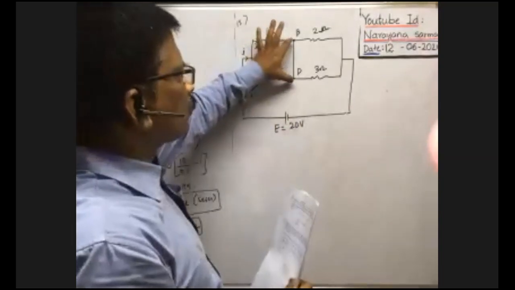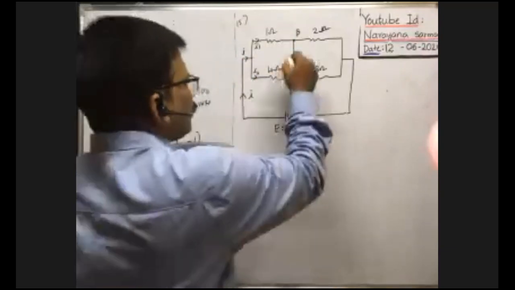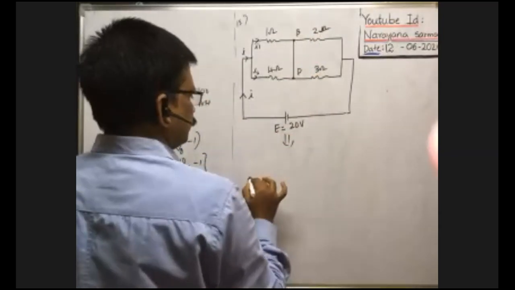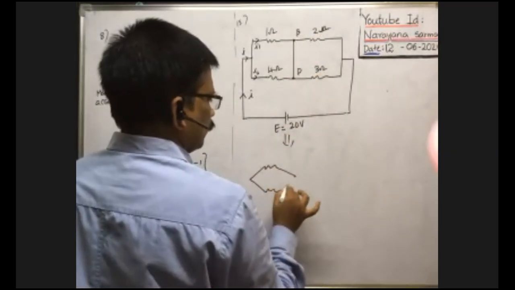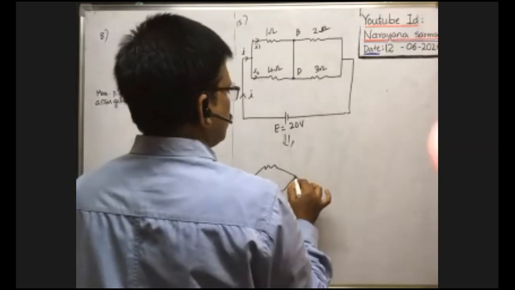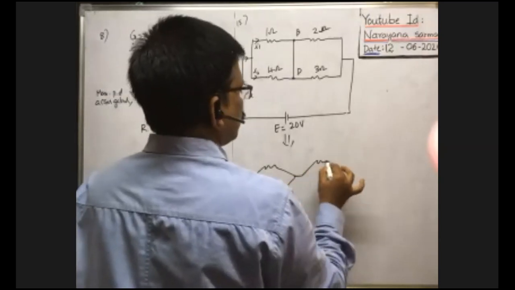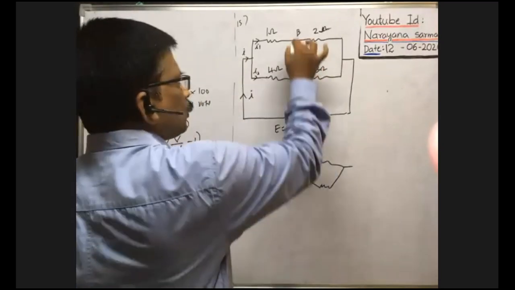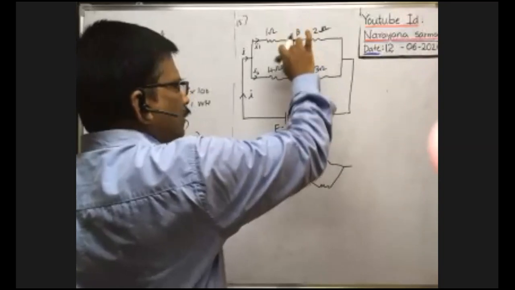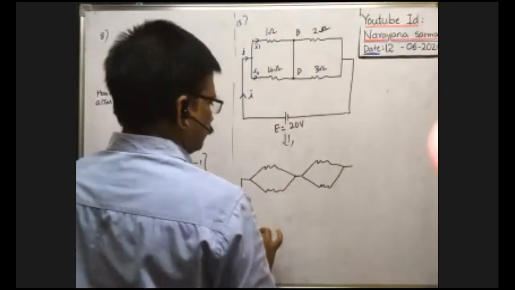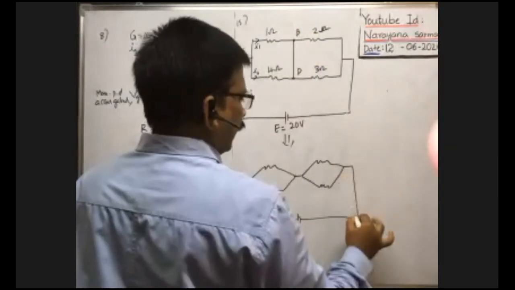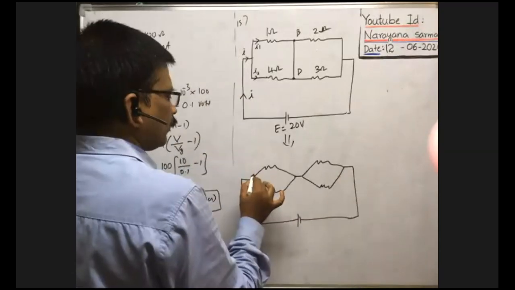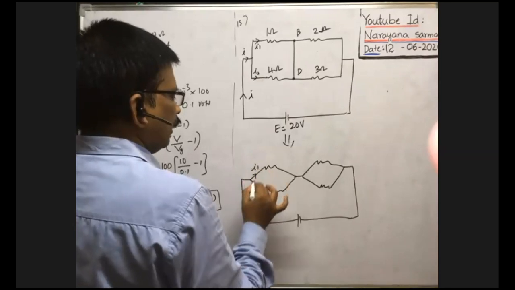As these two points are joined together, they can be imagined as the same point. That means the above diagram can be written like this also. Like this, we can imagine the current I, when it reaches the junction, is divided into two parts, I1 and I2.